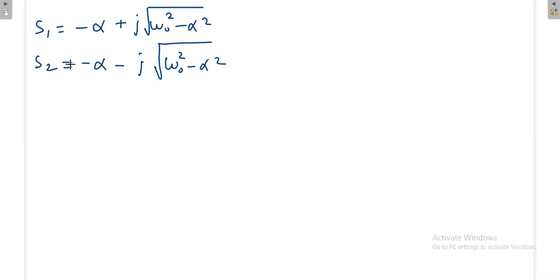Whenever you have a complex number, this is the real part and this is the imaginary part. Say this side is alpha and the other side is the square root of omega naught square minus alpha square. Whenever we draw the triangle, we take only the positive numbers; the signs only decide the angles. For magnitude, this is the real term and this is the imaginary term, like a complex number a plus jb.